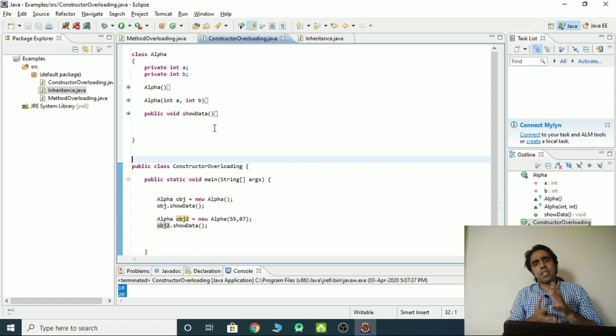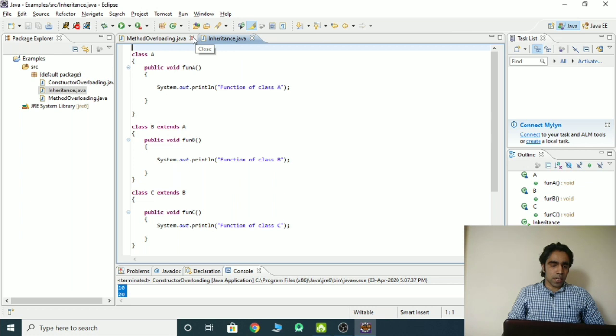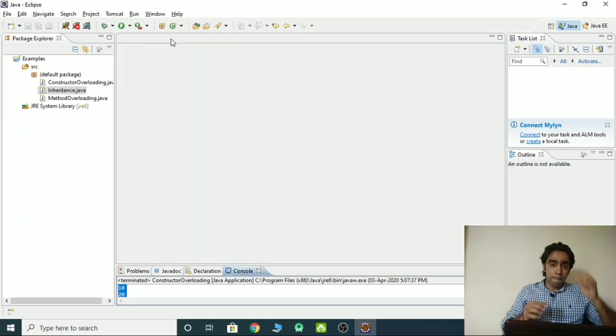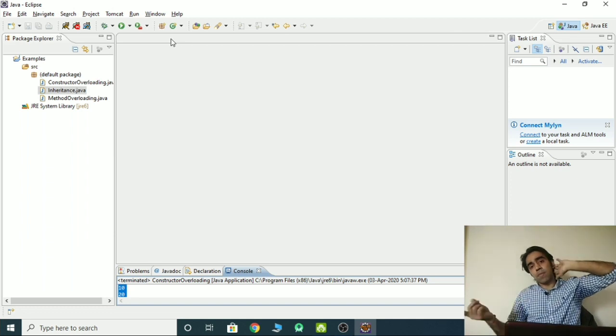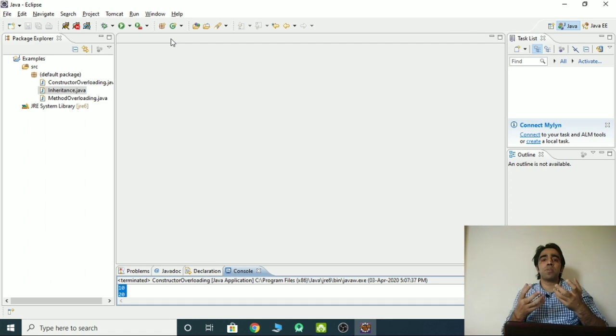We have already discussed the example of inheritance, but right now we are going to check it out. What is the main topic of reusability? How can we do reusability? We will try to see it. I'm closing these. Now I'm going to use something which is already created in Java. With the help of inheritance, I don't need to create some specific things in that program.